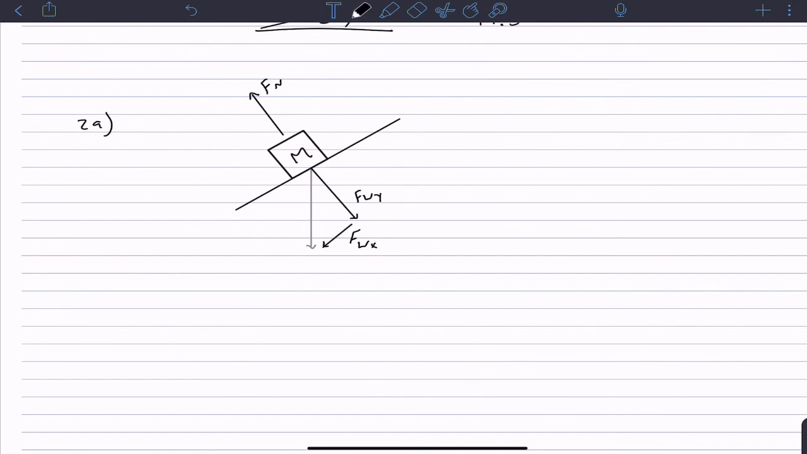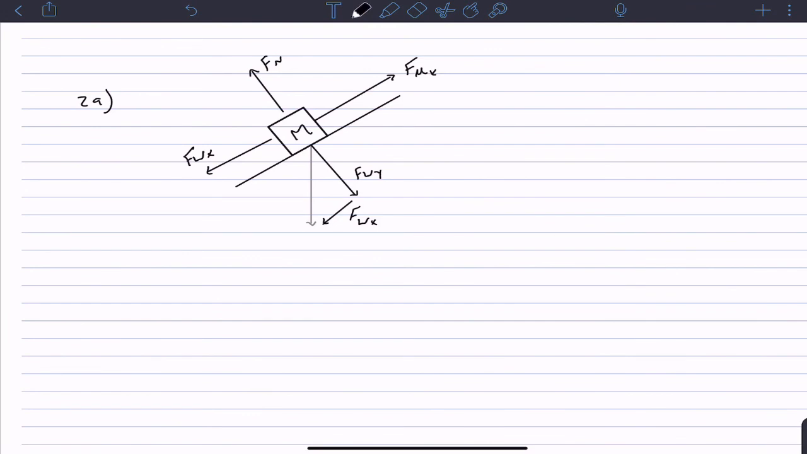Okay, and then we have frictional force. This is kinetic friction because we're sliding. This is supposed to be parallel to the other one, something like that. Okay, so since we're just sliding down a hill in a pretty basic setup,